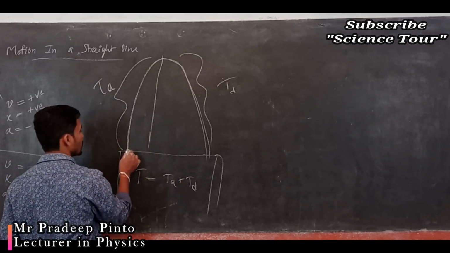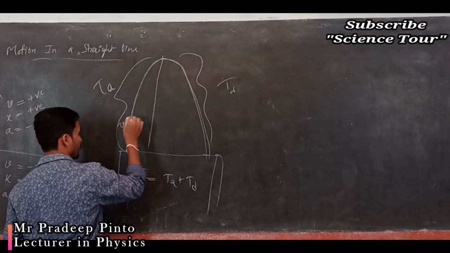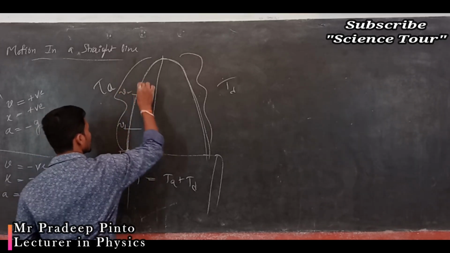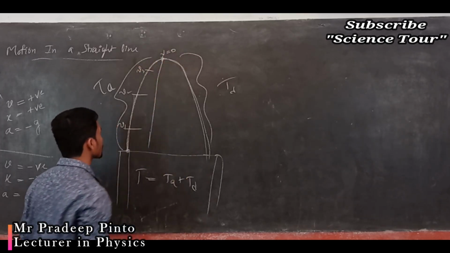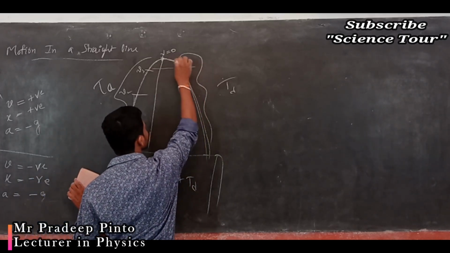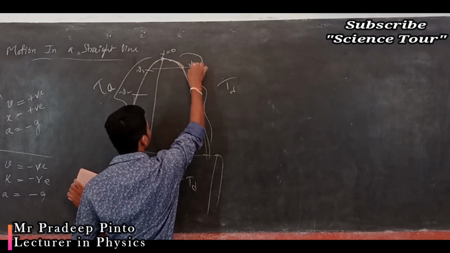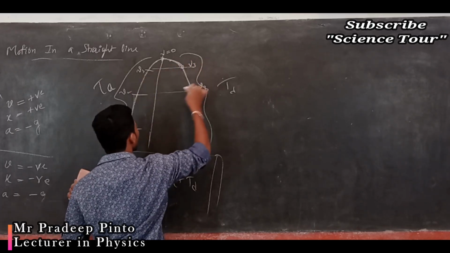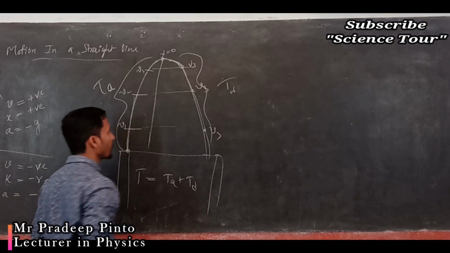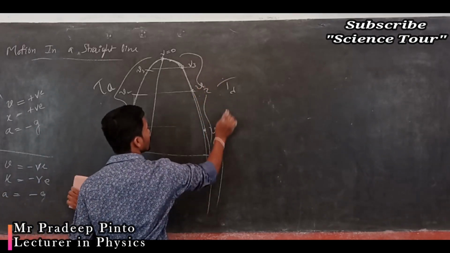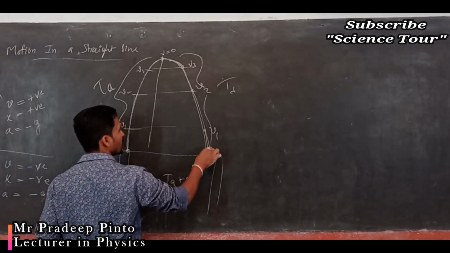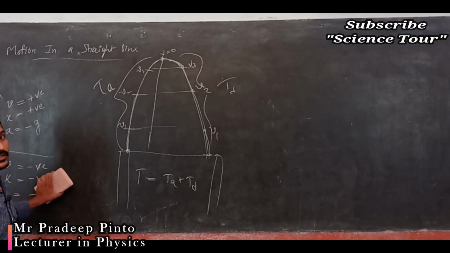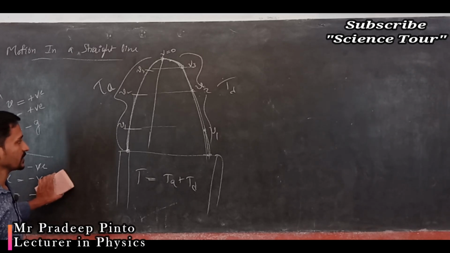Now see, you have thrown this object, the velocity decreases, say V1, decreases, becomes say V2, decreases, becomes say V3, and becomes V equal to 0. Now again at the same heights, it increases, taking the same values, dear students: V3, V2, V1. When it reaches the same height, it will take the same value which was given to it. Okay, this is the case.